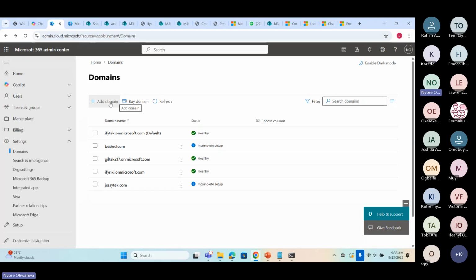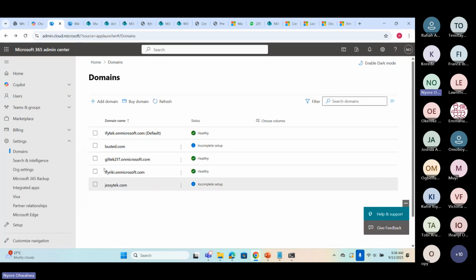So even if you bought a new domain to say m365community.com, you also have to add an m365community.onmicrosoft.com to be able to change the domain. The SharePoint domain picks the onmicrosoft.com domain, right? So for example, I changed my domain to gleetech217.com, or busted.com, for example.